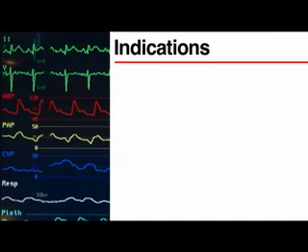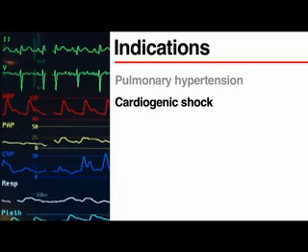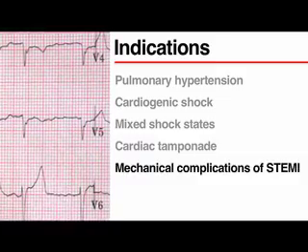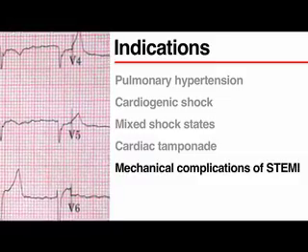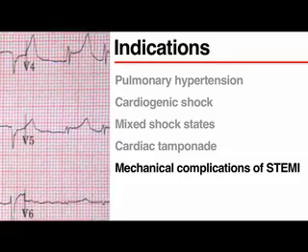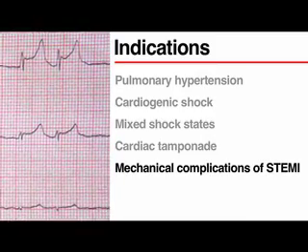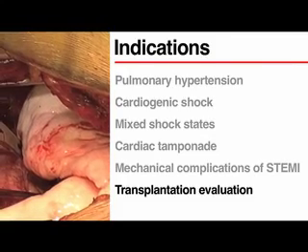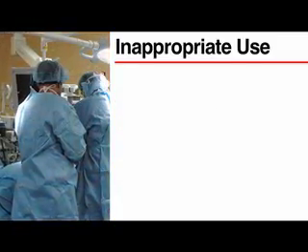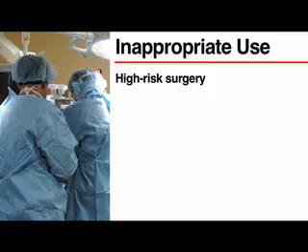Pulmonary artery catheterization can be used to diagnose and manage pulmonary hypertension, cardiogenic shock, mixed shock states, cardiac tamponade, and mechanical complications of ST segment elevation myocardial infarction, known as STEMI, including right ventricular infarction, ventricular septal rupture, and papillary muscle rupture. Pulmonary artery catheterization is also part of the standard evaluation of patients being considered for heart or lung transplantation. Pulmonary artery catheterization should not be part of the routine treatment of patients who are undergoing high-risk surgery or